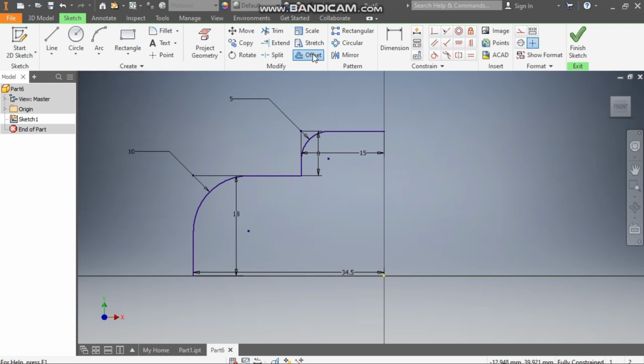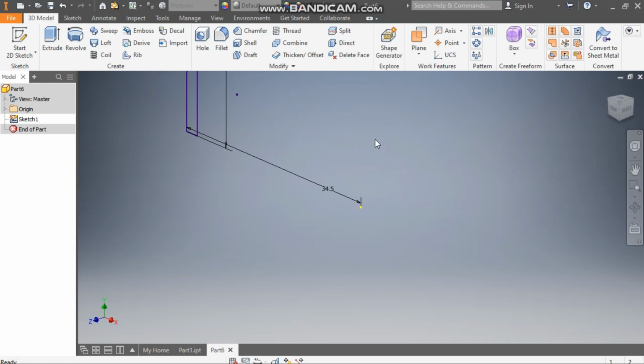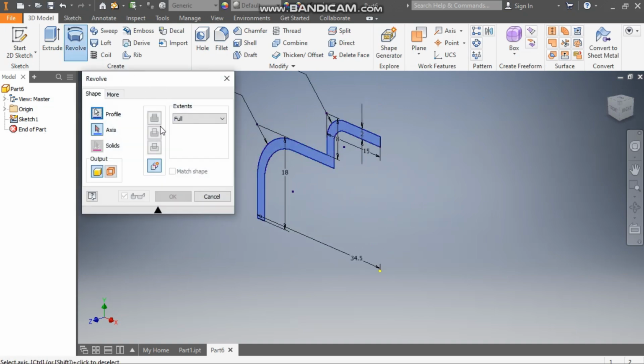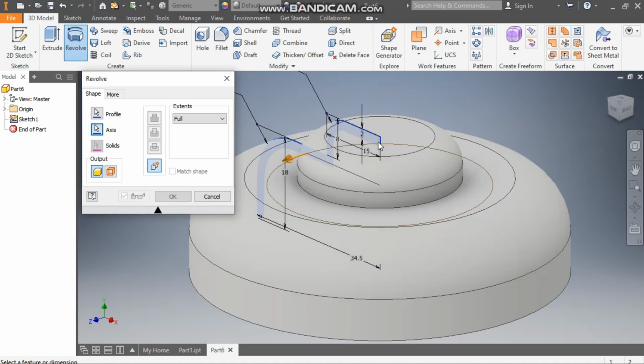Now go to offset, select this complete profile one by one, go to inside profile, click here, enter, and here we will take an offset of 2 mm. Now you can see the profile. Now go to line command and we will make the joining profile here and here as well. Now escape. Go to finish sketch, take revolve, go to axis and select this as axis of rotation